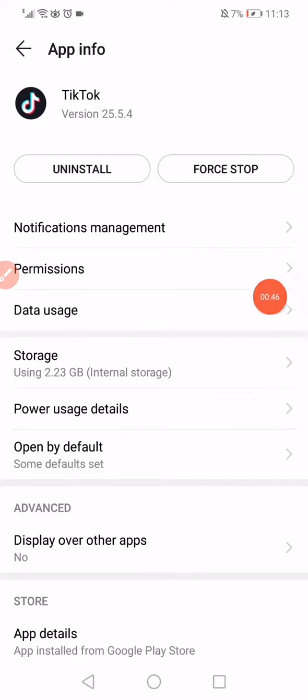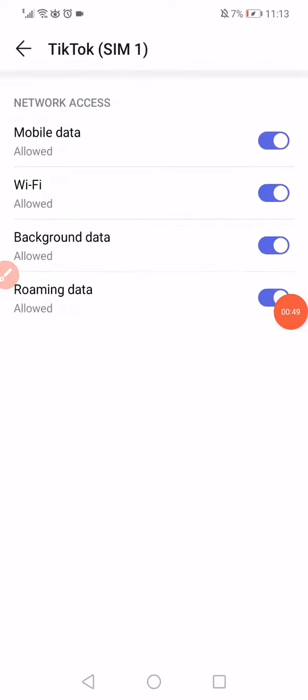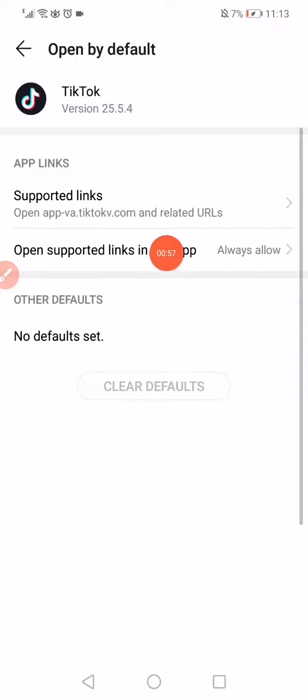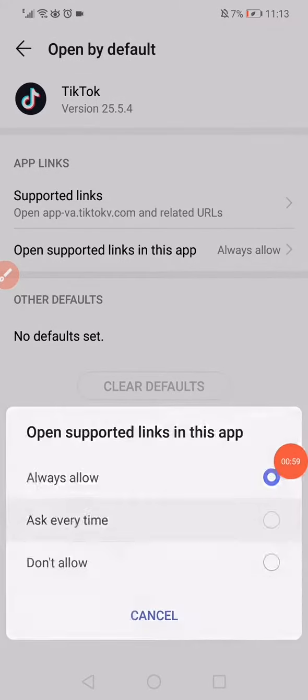After that, go back, click on the data usage and then make sure to enable all those options from here. Go back, click on the open by default, click on open supported links in this app, click on ask every time,